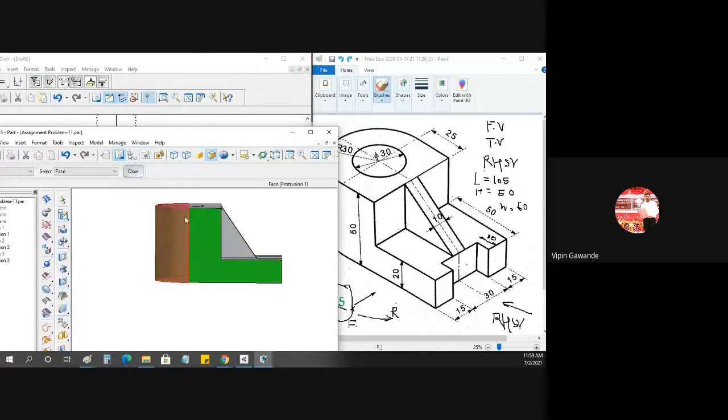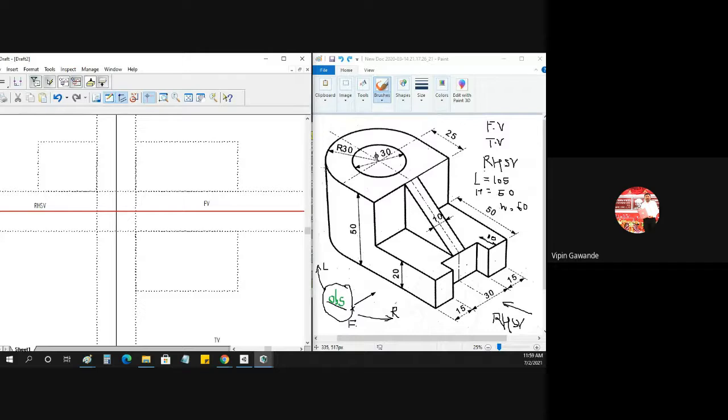So first of all, we'll draw this surface. Which one? This green surface first. In our drawing, which is that surface? This is that surface here, like this one. Let me change the color. Here we'll get this part, up to here, and this part. So we have to draw this L shape first.